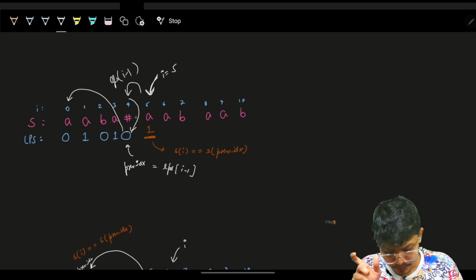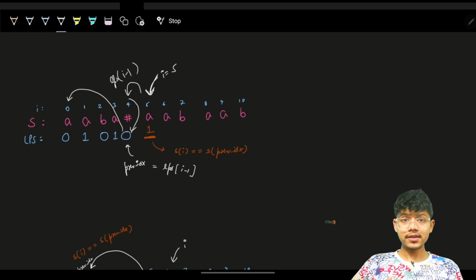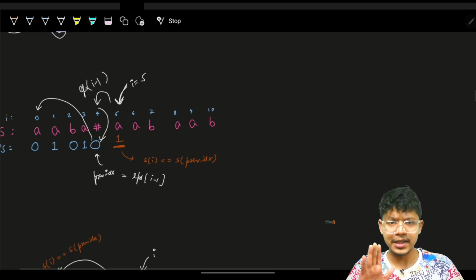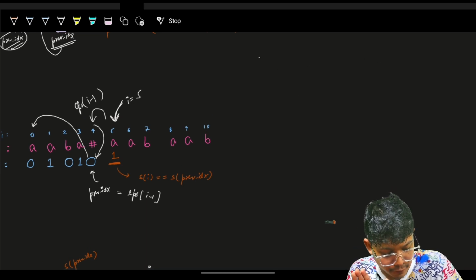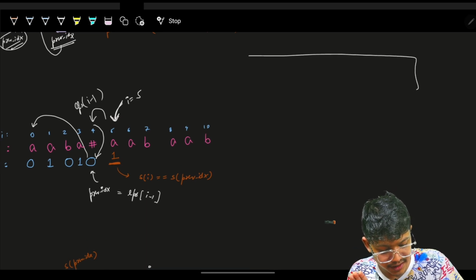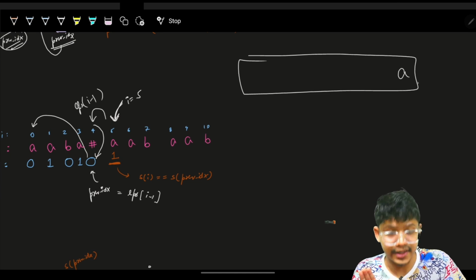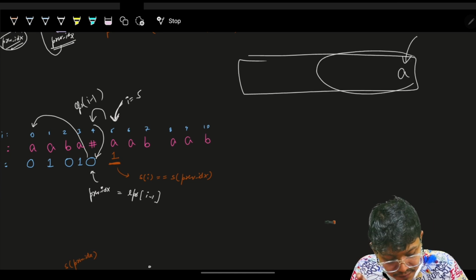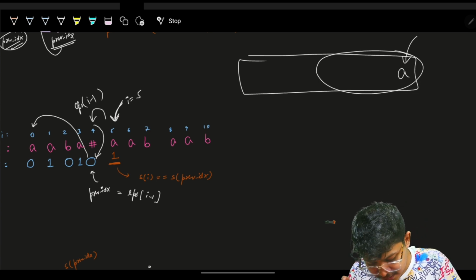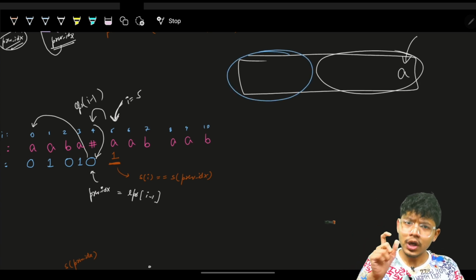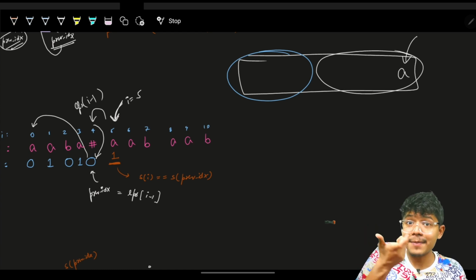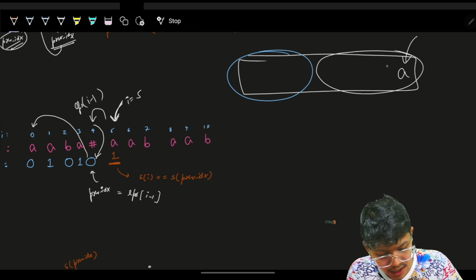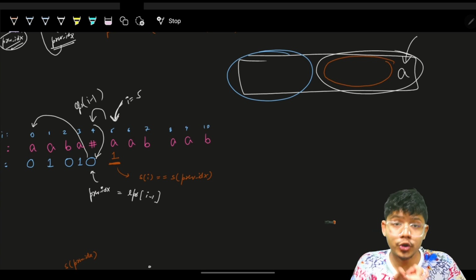This will say, bro, my prefix. See, what I'm doing right now is I have to just figure out, this is my string right now which I have built. I am at this index. I am saying, bro, I need to know how much suffix is matching with my prefix. So to know how much suffix is matching with my prefix, I'll just go and ask my bro, how much do you think